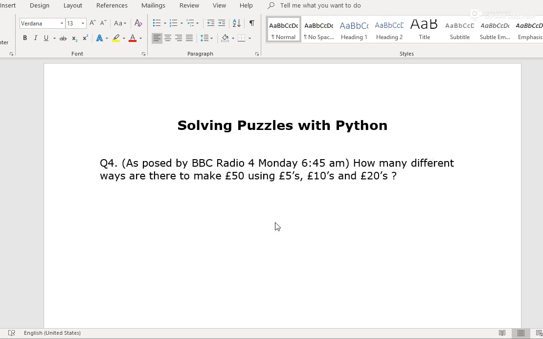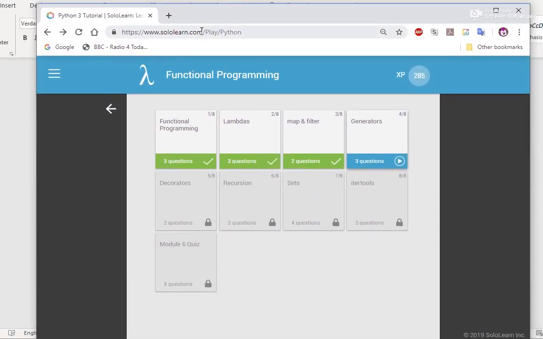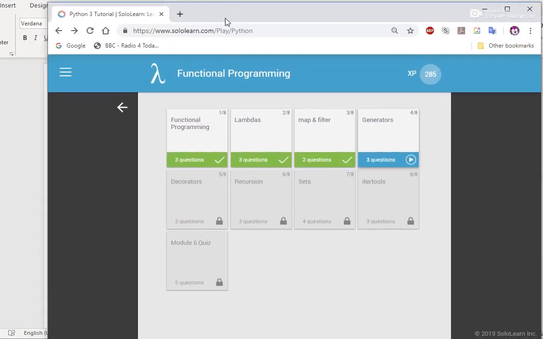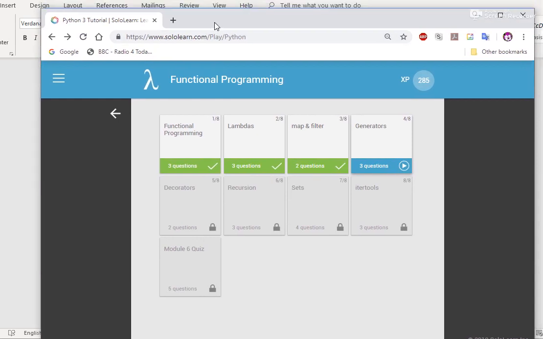And today I am going to use the IDE, the integrated development environment that's inbuilt with Sololearn. So Sololearn is an excellent resource for learning programming. It supports many programming languages. It gives you some theory and allows you to do some coding as well. This is part of the Python